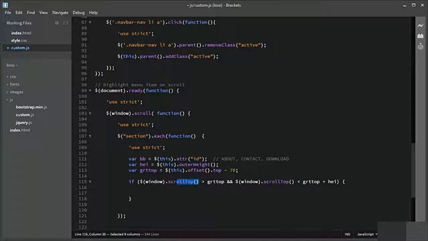The scroll top function will return the vertical scroll bar position of the window. If this is greater than the greater top, which is the offset, which is the current position of each section with subtraction of 70, and if the window dot scroll top is less than greater top plus height,